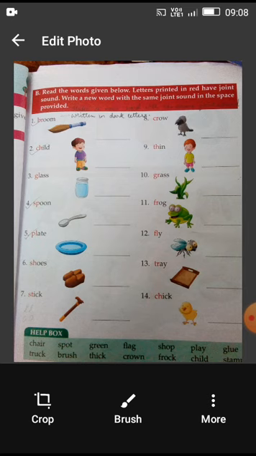In the same way, CHILD, child. For CH joint letters, you can find out the word from the help box. Here child is already written, but you can add another word, or you can write the same word also.